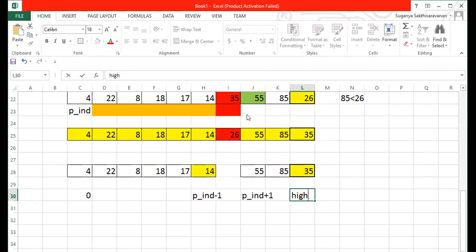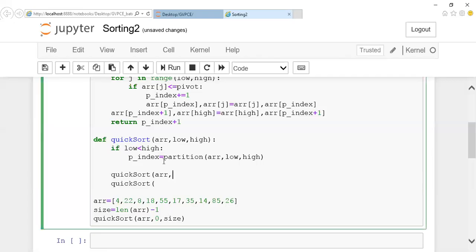So let us go back here. So you're supposed to mention starting from your low. Zeroth position is pointed by low, comma, followed by your p index minus 1 as the range. So no need of including p index again since it is already sorted. Again array, and followed by here p index plus 1. Since p index is the exact position, don't include it, till your high. So this process will happen repetitively until the end.